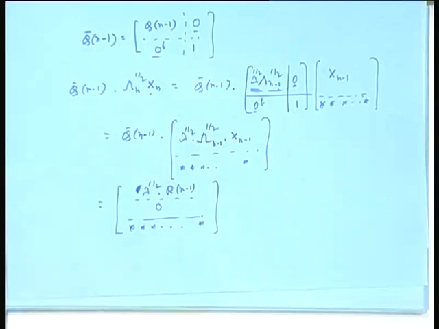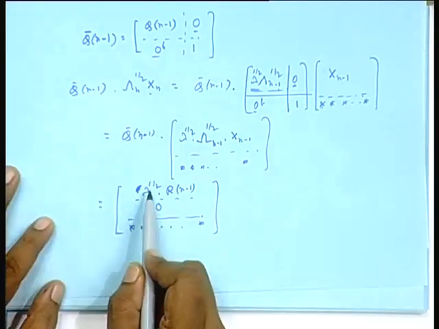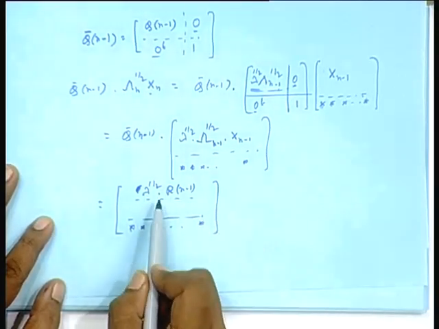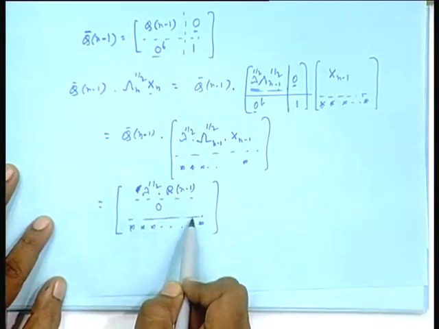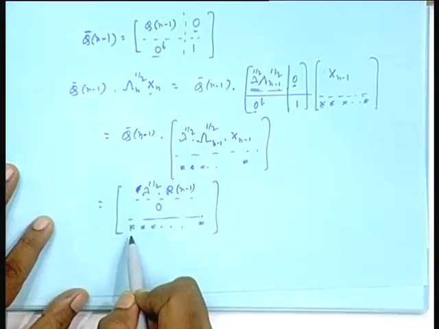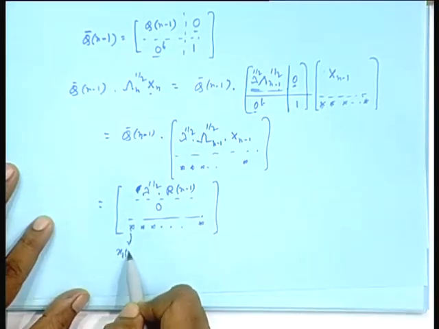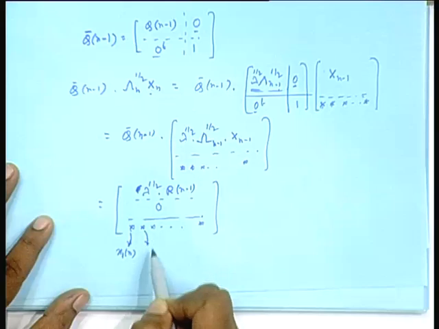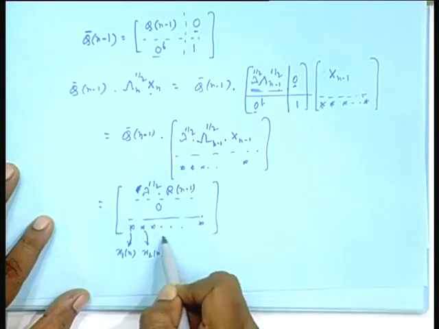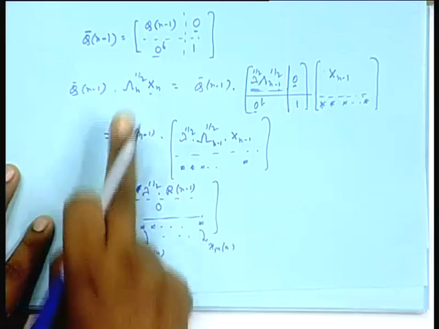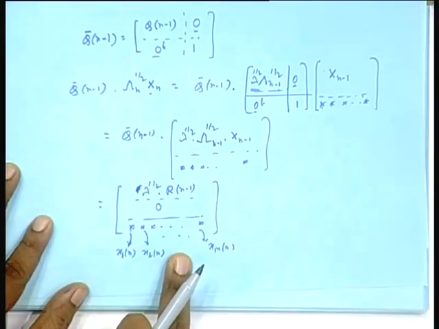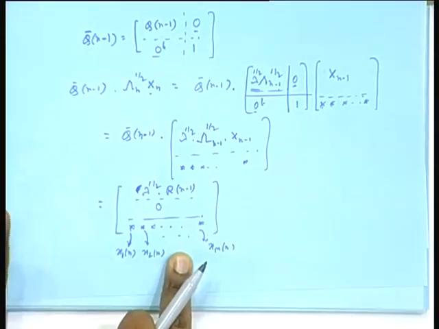All right. So, what kind of form? Upper triangular, lambda to the power half you forget, or you absorb in this. So, what kind of form? Upper triangular followed by a chunk of zeros, and this is your latest data x 1 n, this is your x 2 n dot dot dot, this is your x m n. So, if I construct this matrix, apply on this, I get this. Okay. Now, I apply Givens notation.